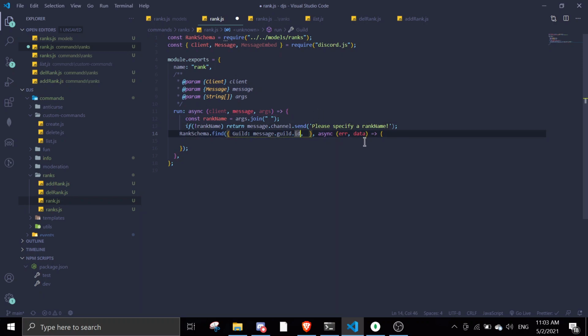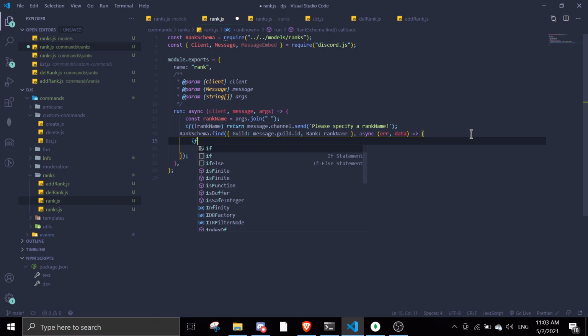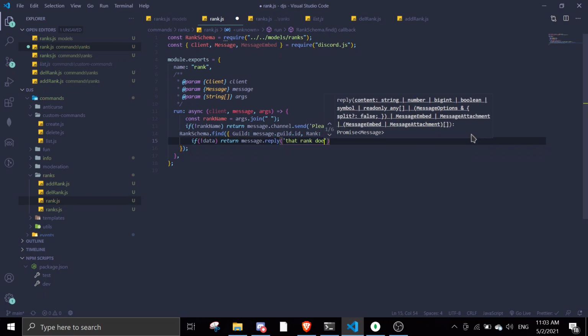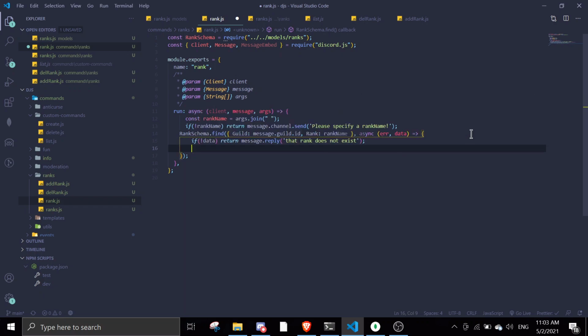Then in here we're gonna straight away search for the rank name, rank, and then rank name. And then in there, error, data. So if there's no data, we're just gonna say the rank doesn't exist. So return message.reply that rank does not exist. If there's data, we're gonna add the data to the user straight away. So message.member